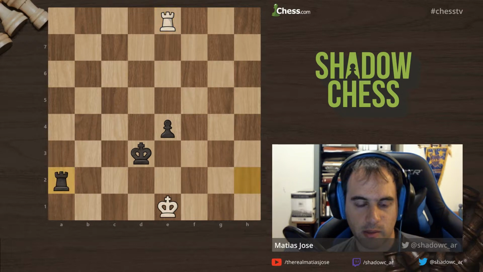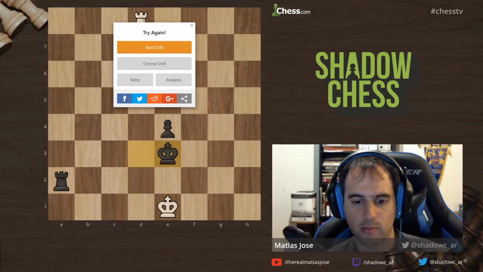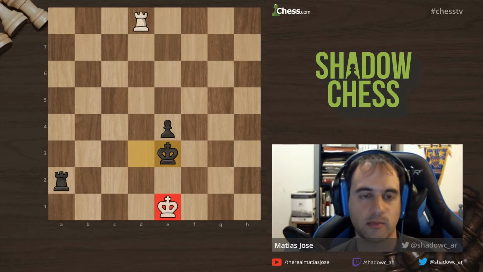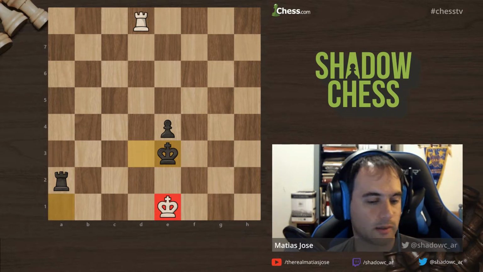I'm waiting. What if I check? If I check, he goes back right in front of the pawn, and wow, that's checkmate. There's a lot of stuff to be looking at at 1 a.m. in the morning for checkmate threats with the rook in the background. Anyway,